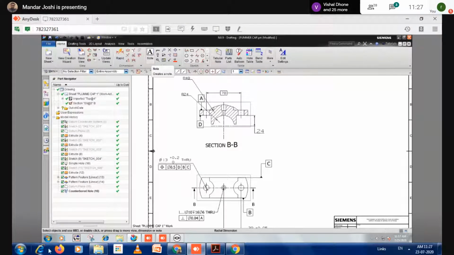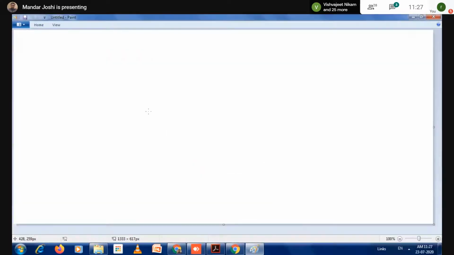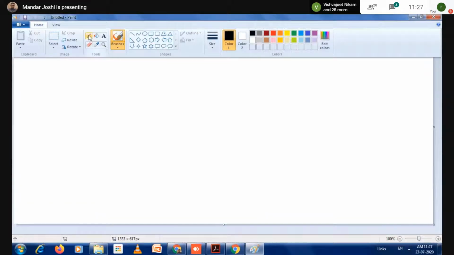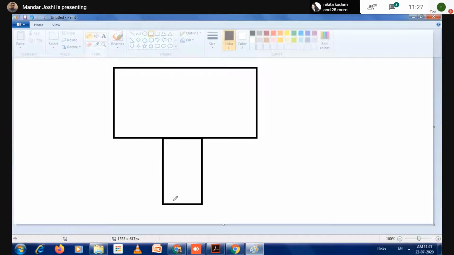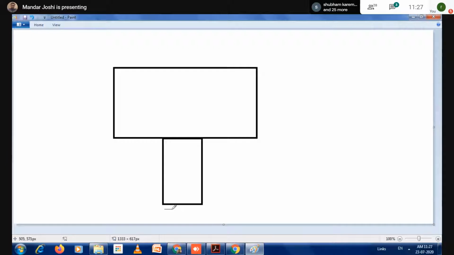So what is a datum target? Suppose we have an object like this, and there is a cylindrical pin in it. This kind of pin is there. And we want to raise this kind of object on a surface plate.